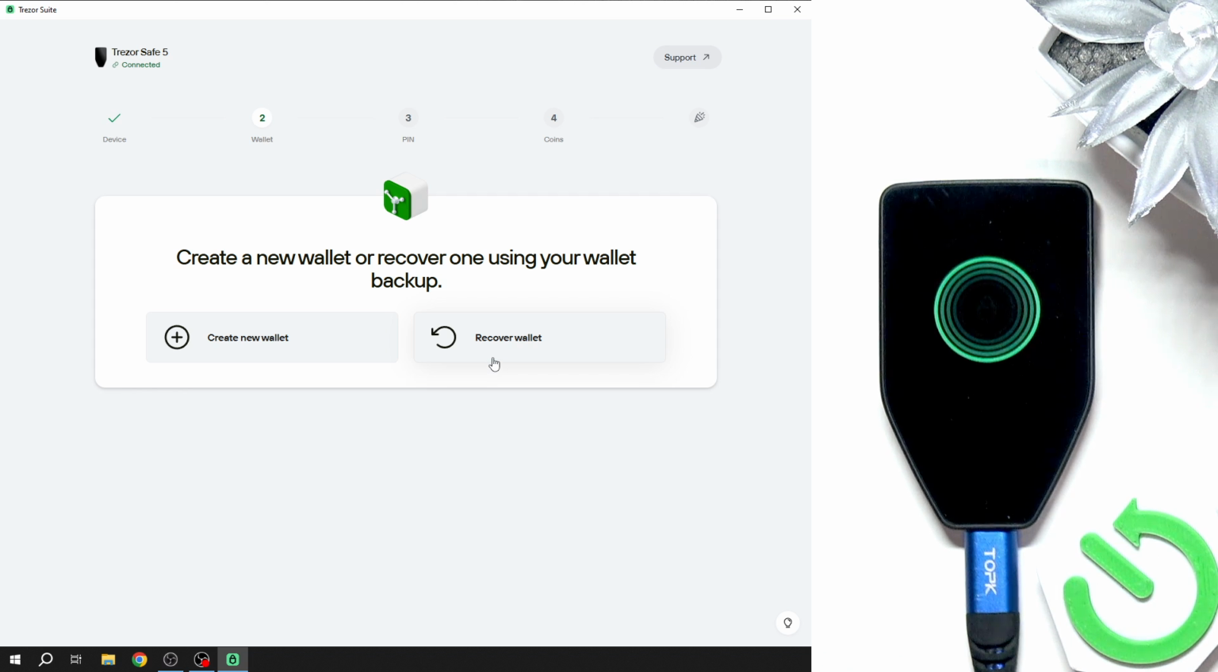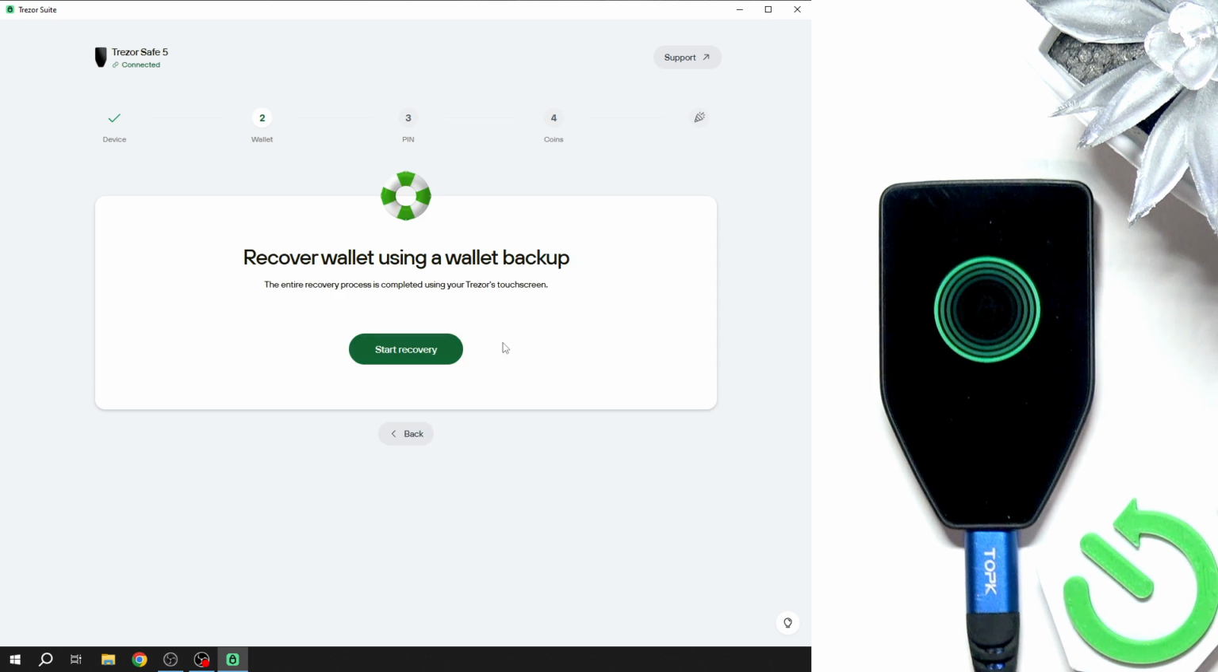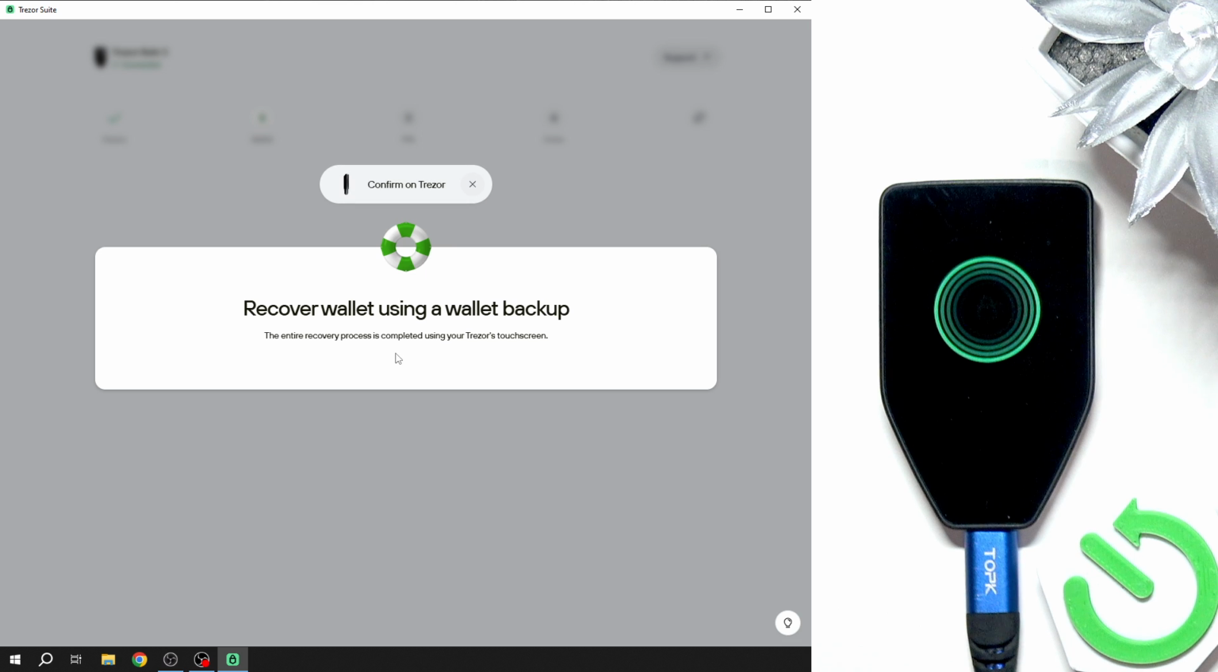So make sure you have your recovery phrase handy and that you are in a safe place, like in a room without cameras, without anyone, so you can view your recovery phrase and no one will get access to it besides you. Then simply go to recover wallet, start recovery,